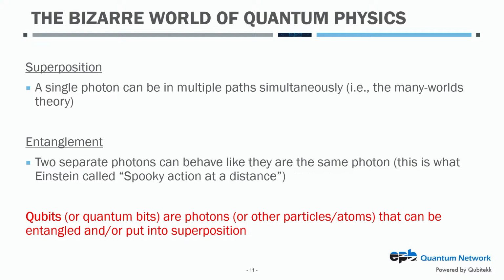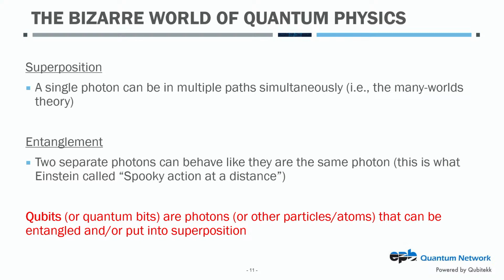There's also something else called entanglement, and we actually have some really cool demonstrations of this, and if you go to some of the colleges that use our kits, you actually can see this in practice. We won't be able to do it here today for time, but entanglement is kind of the inverse of superposition. So superposition is when you take one photon and you send it into lots of different paths. Let's just say 2 for now. 2 different paths, 2 different universes. Entanglement is kind of the opposite of that.